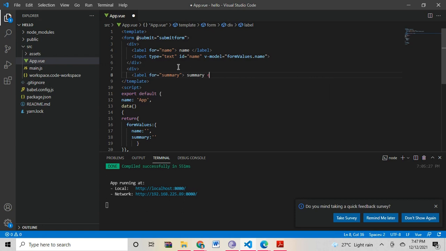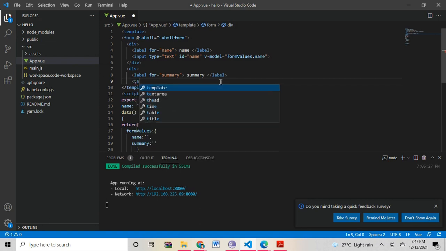And close the label tag. And now create the text area box. ID is, you can give any ID here. I'm giving profile.